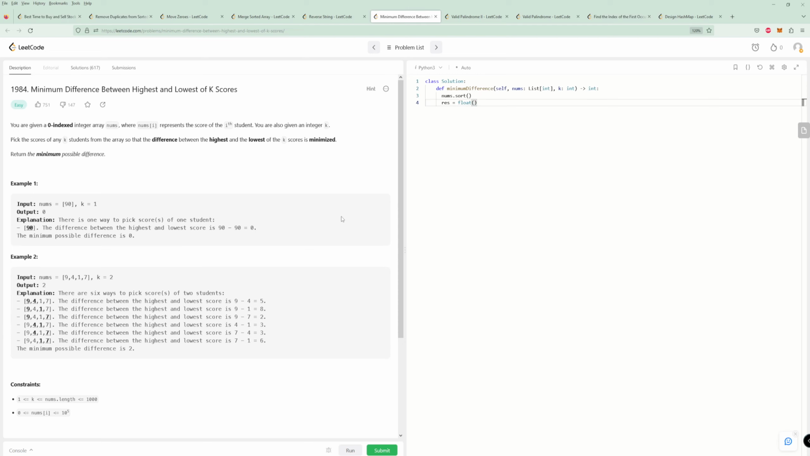Okay. Left is going to be 0. And right is going to be k. No, it's going to be k minus 1, I think. Because for one element, yeah, from one element we want it to be 0. Okay. And then if we have some kind of thing like 1, 4, 7, 9, it's going to be the right element minus the left, which is the difference between the highest and the lowest. So while right is less than